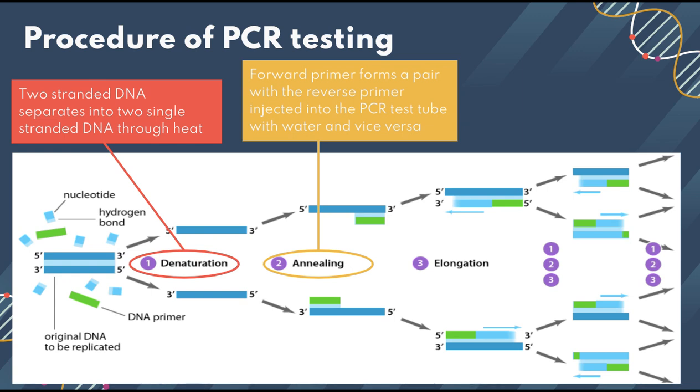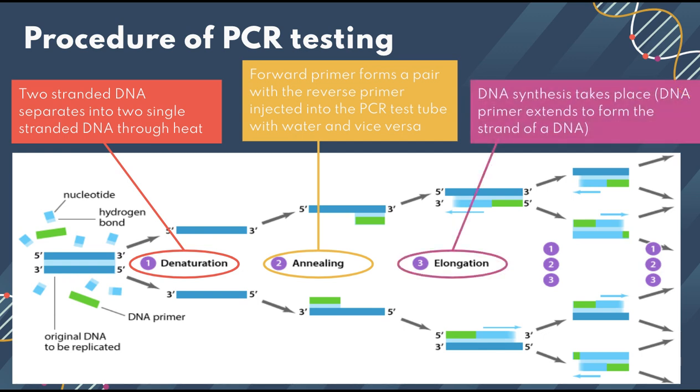You might be wondering what DNA primers are, and that's a good question. They define which part of the DNA will be amplified. For example, in terms of printers, DNA primers set which pages to print. The last step is elongation, also known as the extending stage. As the name hints, in this stage, DNA synthesis takes place where DNA primers are